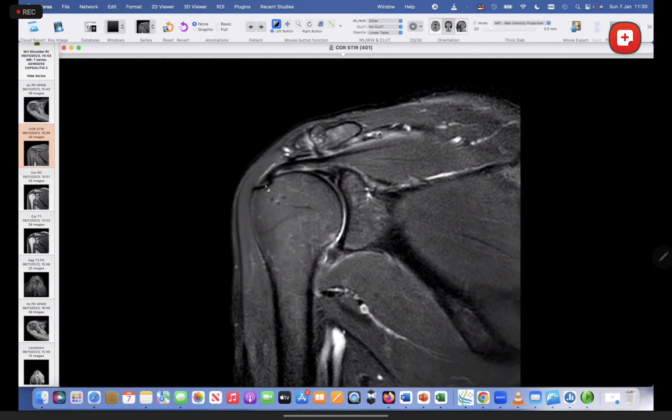So you may have a little bit of signal alteration, but what you're essentially looking for are the margins. Look at the black margin at the top here. It's nice and smooth with no bright signal change, no irregularity. Same as the articular surface. Now remember, this is the articular surface of the tendon. This is the bursal surface, or the non-articular surface. In between here and here,